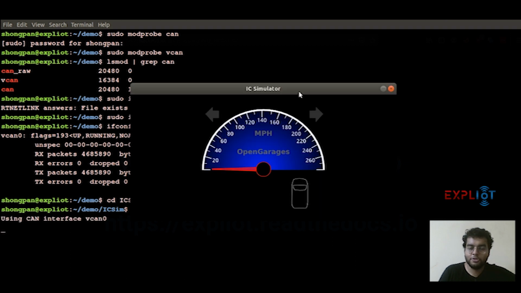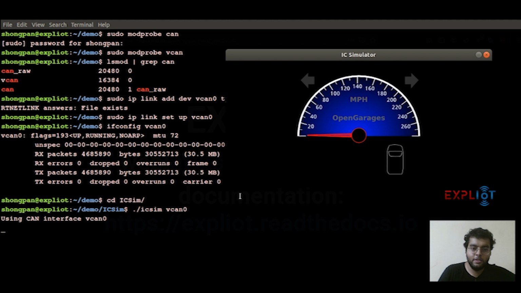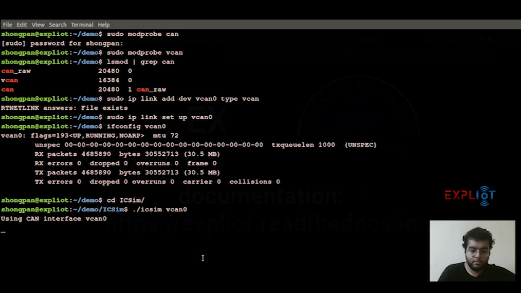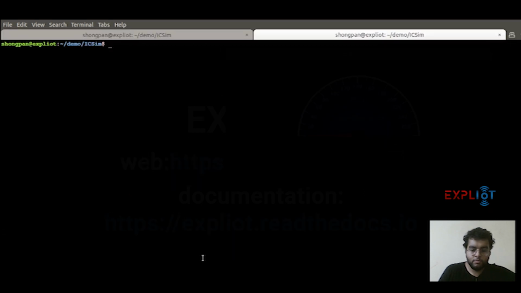So this is the instrument cluster that I was talking about. So before I hit enter, I just wanted to put into notice that I'm using -L0, which basically stands for level 0.